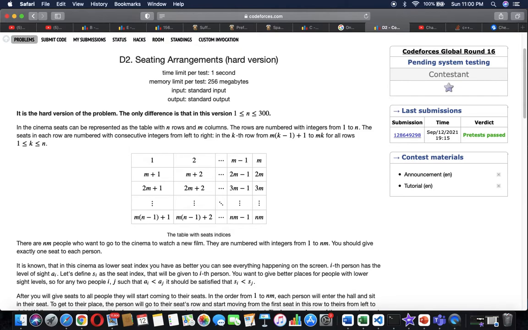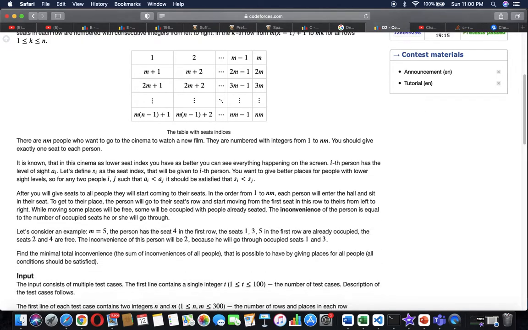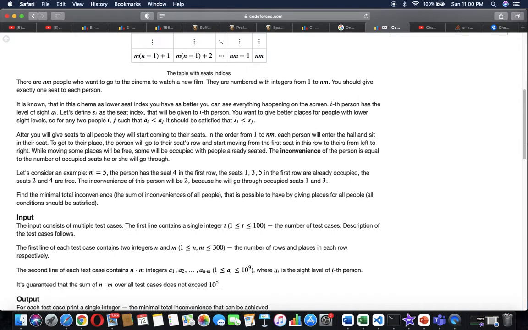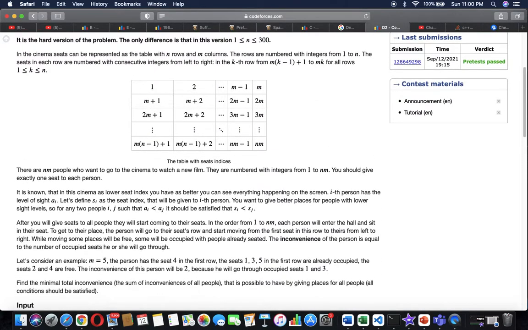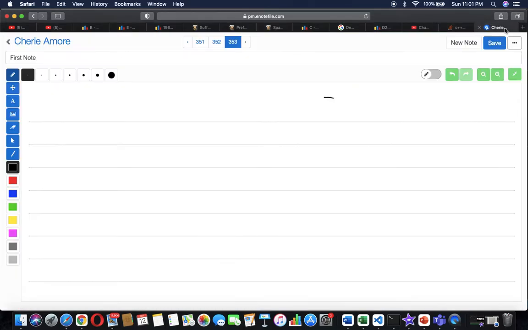D2 is just saying that there's one more additional condition. In D1 we were talking about one row, and in D2 we have n number of rows, where n ranges from 1 to a particular value like 300, and we have to determine the minimum possible inconvenience that can be caused, right? So we discussed